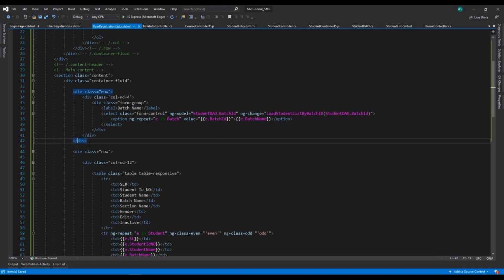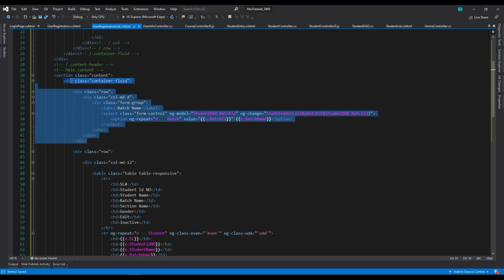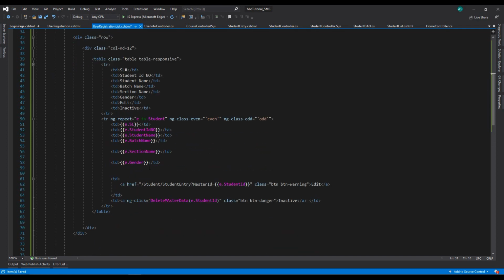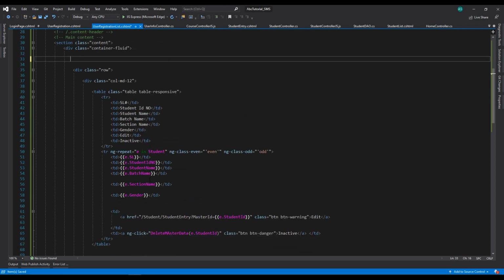Okay, and just remove this, and we need here